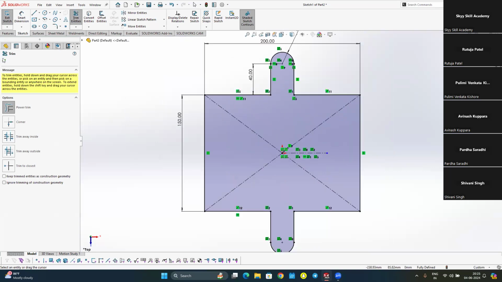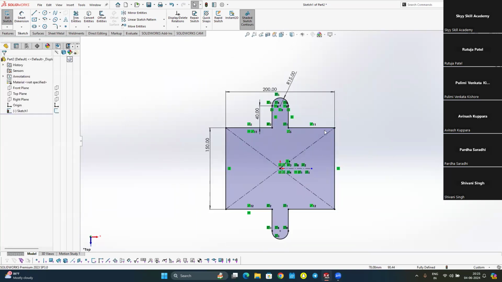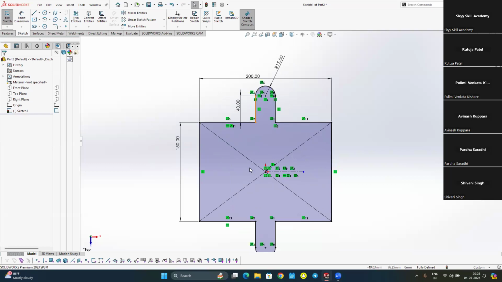Now everything is closed. So once you see this area, once you see the shaded area and you